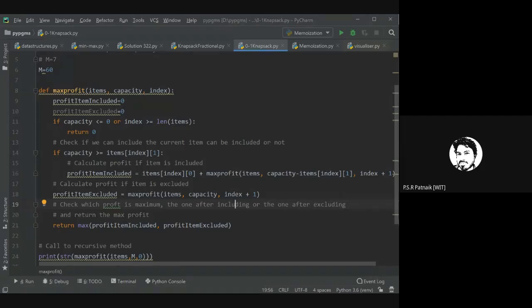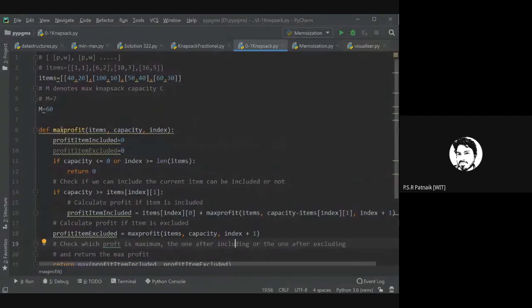So here I have a capacity and I have n number of items. The capacity can take any value from 0 to 60, and that could be for any combination of the index, right?